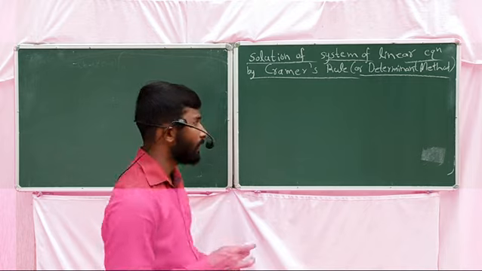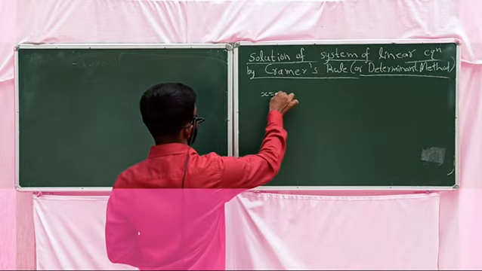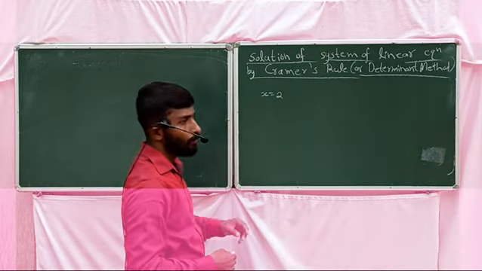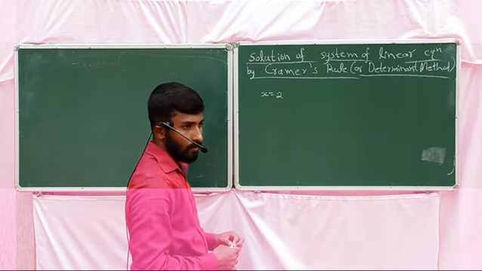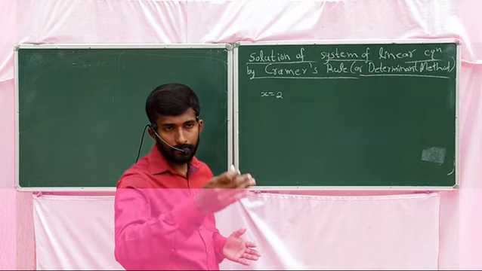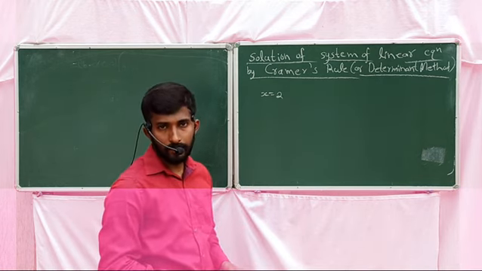First of all, what's a linear equation? A linear equation means an equation in which the highest power of the variable is equal to 1. For example, say I'm taking a linear equation in one variable, x is equal to 2. What's the highest power of x here? The power of x is equal to 1, therefore it's a linear equation. That means the graph of that equation is a straight line, and those types of equations are called linear equations.